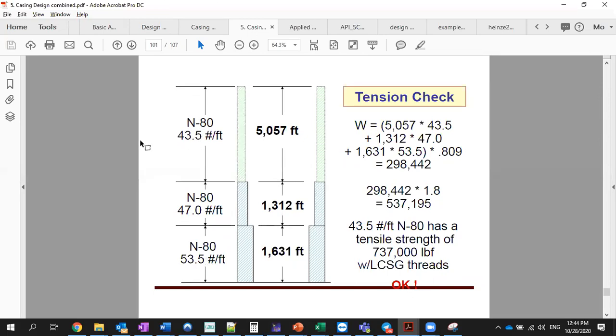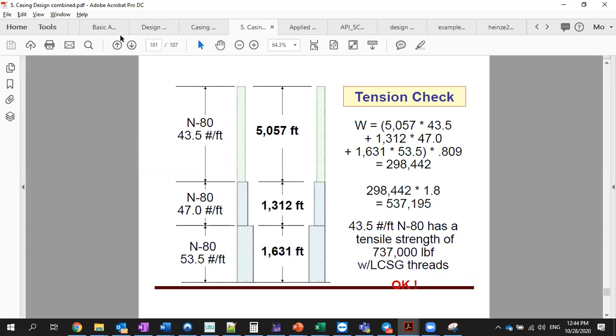Especially you will see for P110, this homework that you're doing, there are 3 weights that fit exactly into your burst requirement. And more than 3 actually, there are 4 weights, but you want to design for most economical, so you design for the lightest of those 3. You ignore the